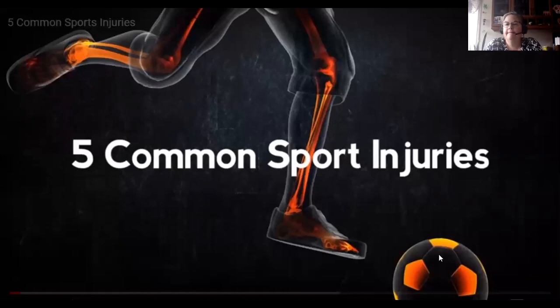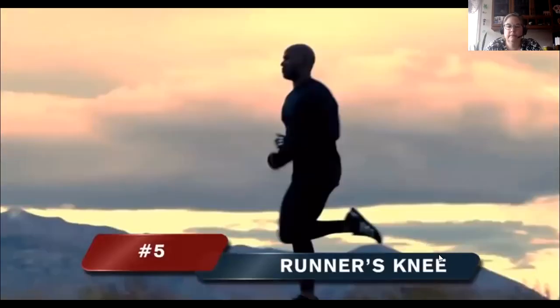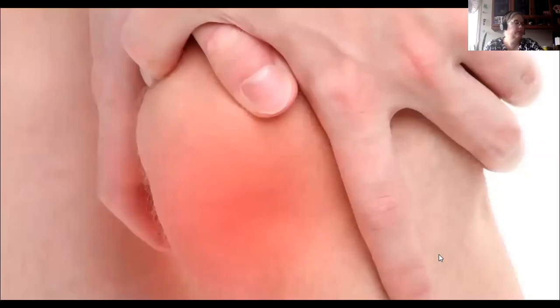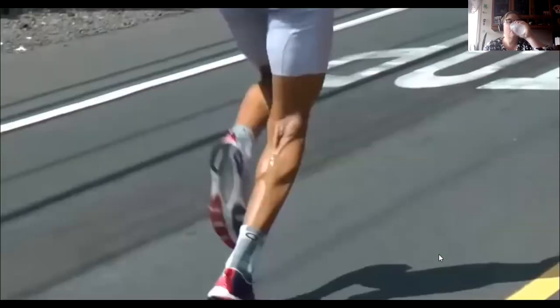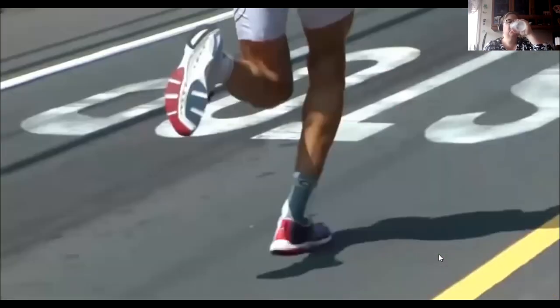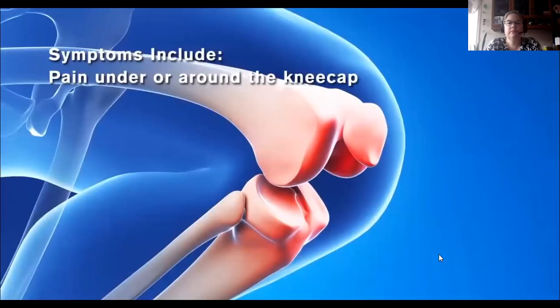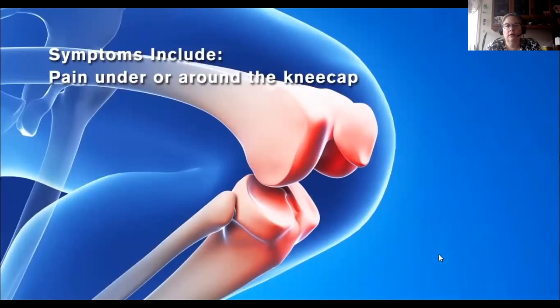Runner's knee. Runner's knee is a condition characterized by pain behind or around the kneecap. It is caused by overuse, muscle imbalance, and inadequate stretching. Symptoms include pain under or around the kneecap, pain when walking,